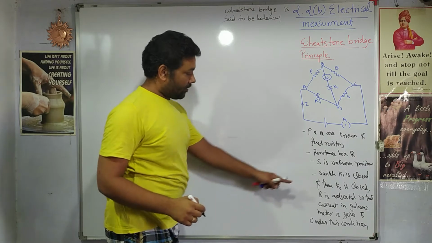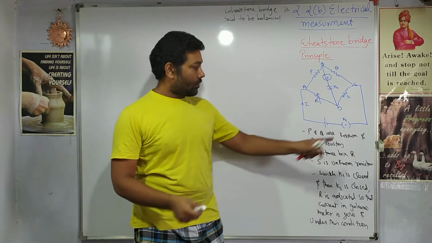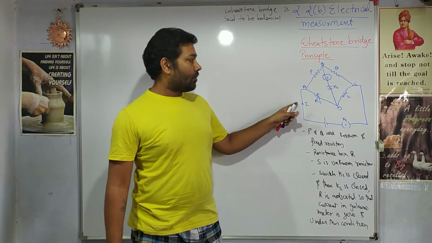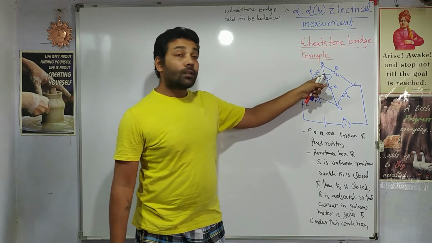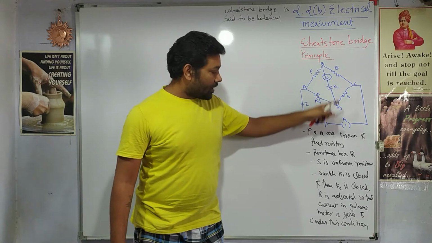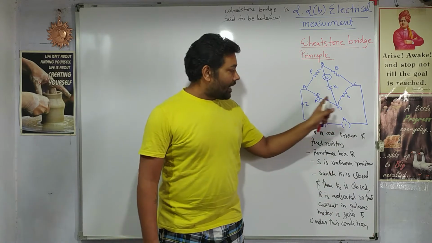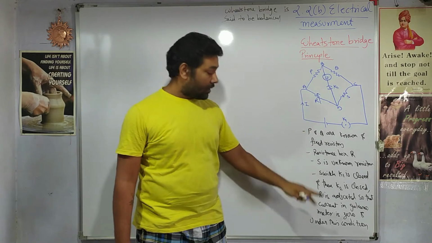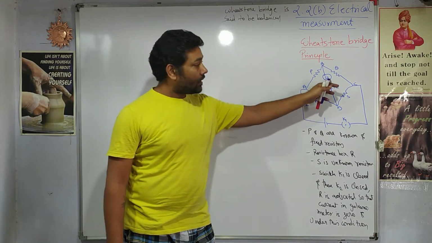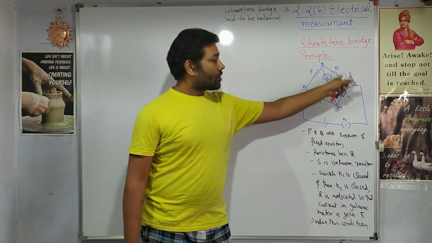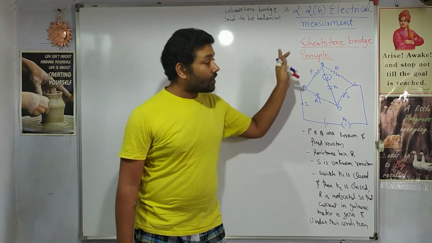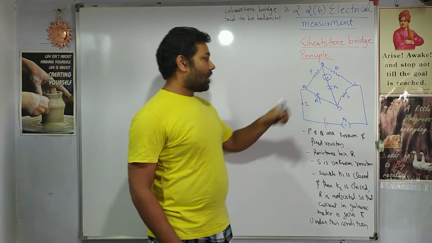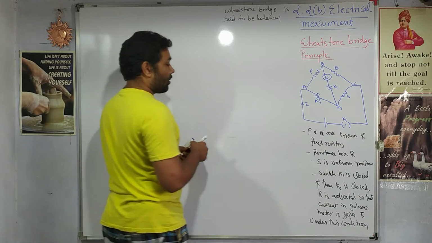So first we close the switch K1. As soon as we close K1, current starts flowing, and it goes into the galvanometer also. Switch K2 is also closed. Then the resistance box is adjusted in such a way that the current in the galvanometer becomes 0. When the current in the galvanometer becomes 0, the Wheatstone bridge is said to be balanced, and after that we can easily find the value of S. So let us start the mathematical part of it.